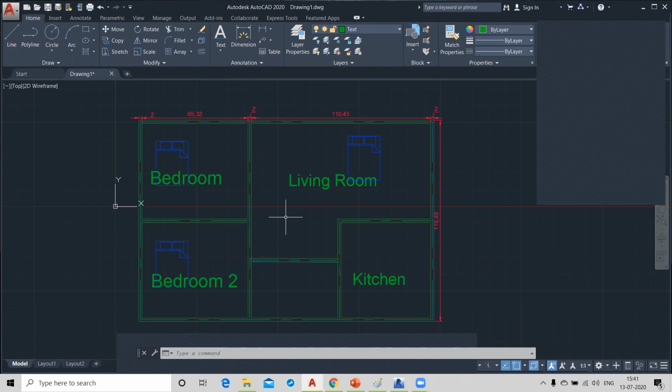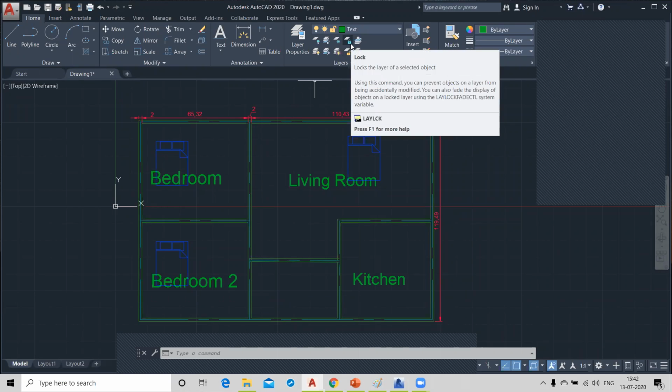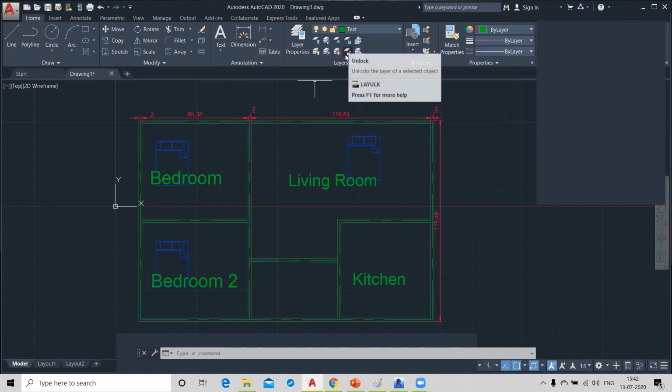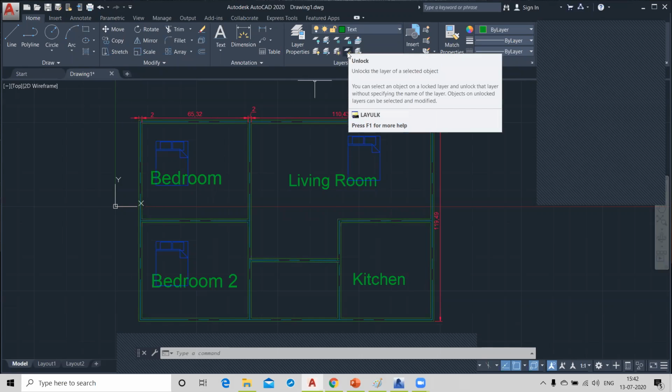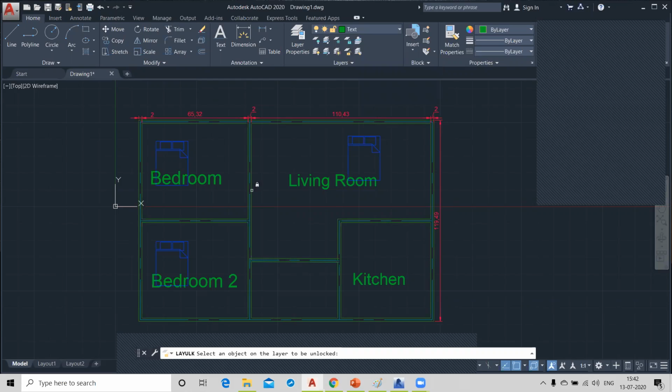You can't do anything after the lock. We can't alter it also. You can just unlock, and it will become editable.